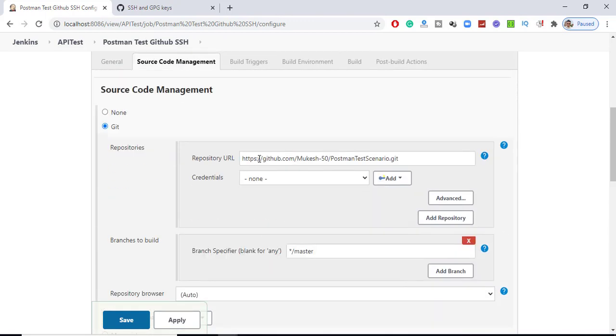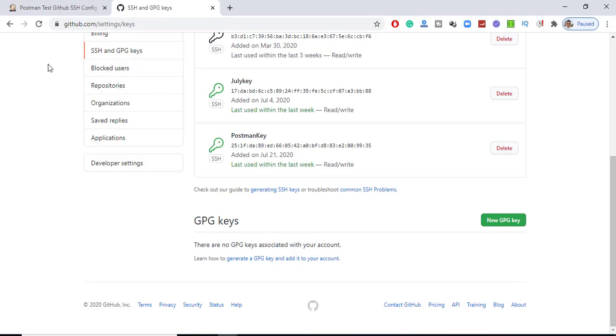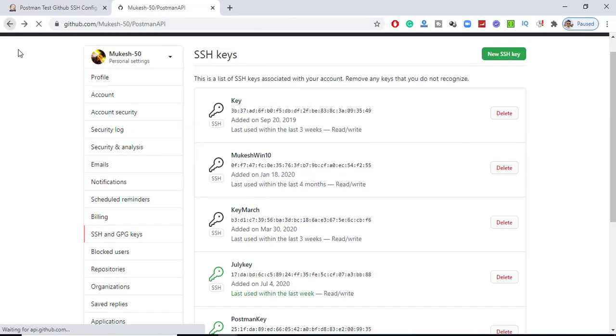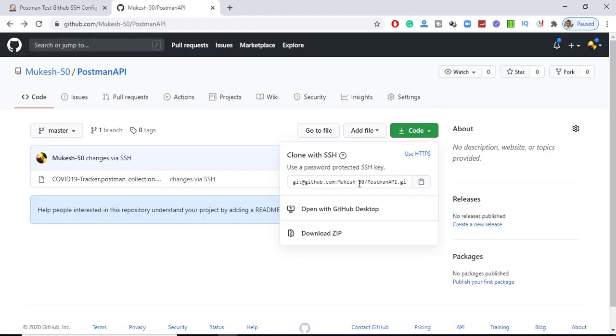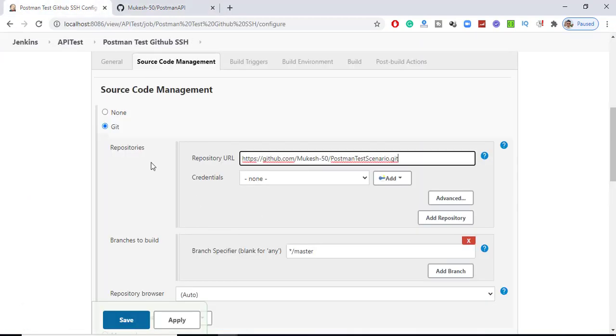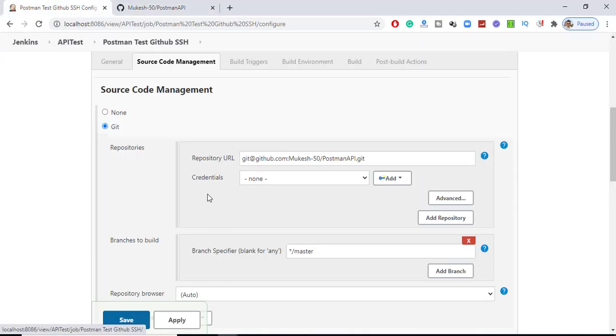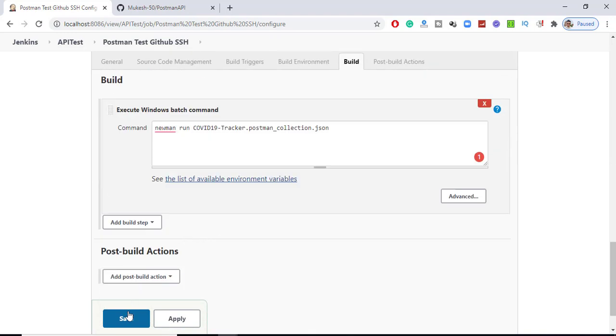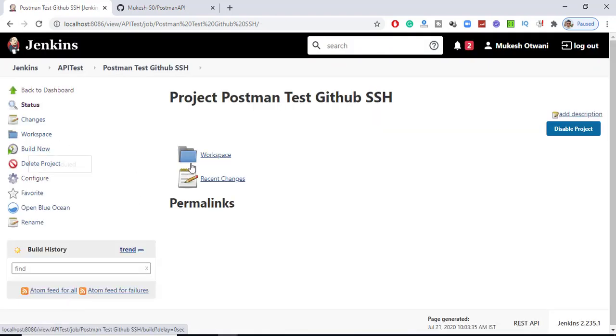Now instead of using HTTPS, you can give SSH. Click on code, copy this SSH, and mention it here. Again, for credentials you don't need to worry, because Jenkins will run this job in my system. It will clone in my system, and since I already have SSH keys, in case I want to make any changes directly from Jenkins as well, I can do that. Since for cloning we don't need any credentials, you can continue. Click on save, click on build now,